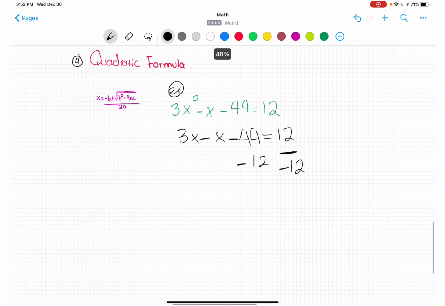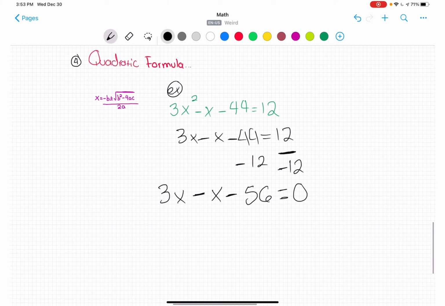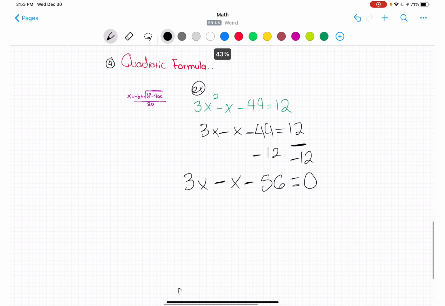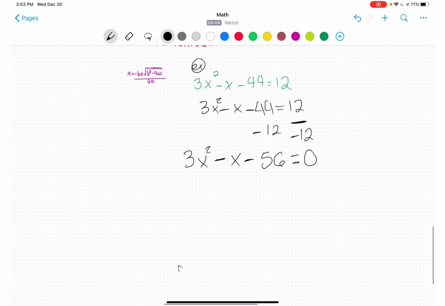We're just combining the 44 and the 12, and we're just keeping the sign. So here, 44 and 12 is going to be 56. It's 3x squared minus x minus 56. And now that it equals 0, I'm going to tell you why there's a, b, and c. So the number with the x squared, or any variable that is squared, follows this order,